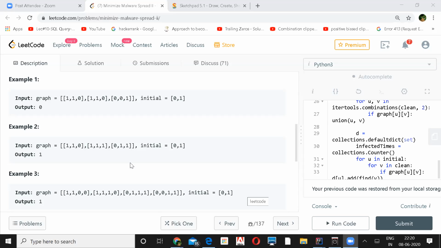Then I'll go for the second, and see how much I'm incrementing, how much I'm touching, and say this is the second, and then the third. So I can equate and find out which one has the maximum infection and return that node. And if they are equal, I just go for the previous one.